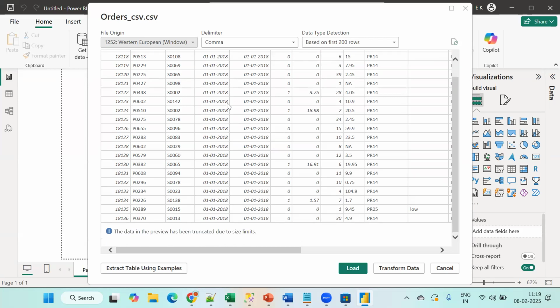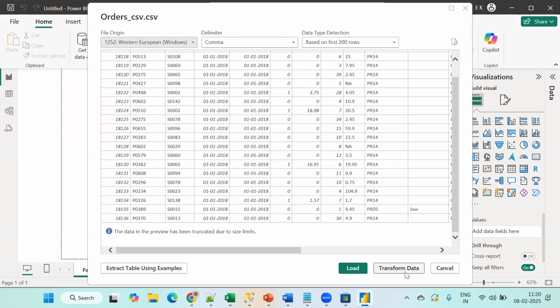This is not the complete table. This is just based on the first 200 rows. The delimiter it shows is a comma, because CSV is nothing but comma separated values. Once you have gone through the preview,